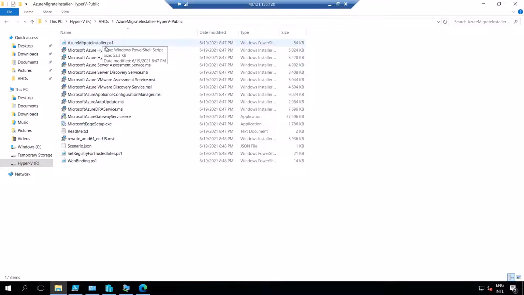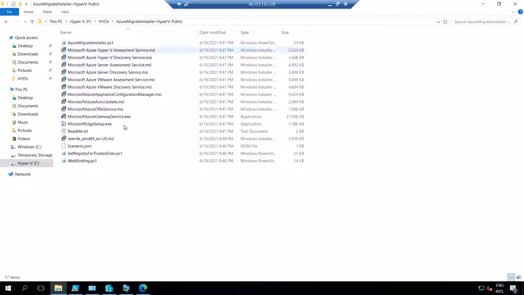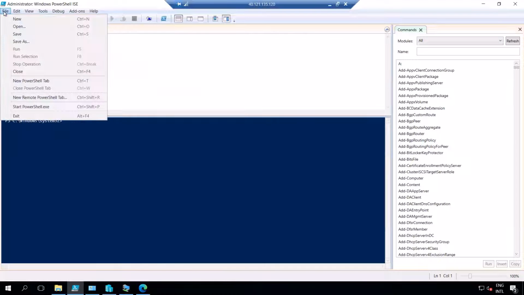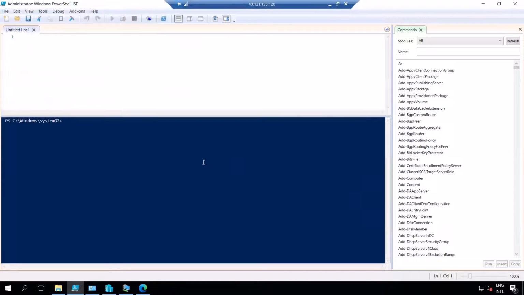When I run this script, it will install the assessment service and the discovery service for Hyper-V, and also auto update, the web binding and the registry for trusted sites. So let me execute that. Let me click on open, take this script, and execute it.